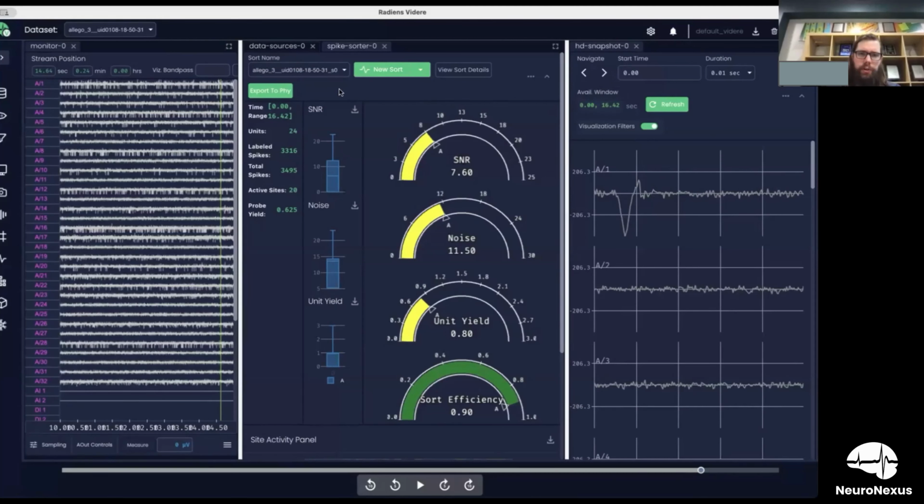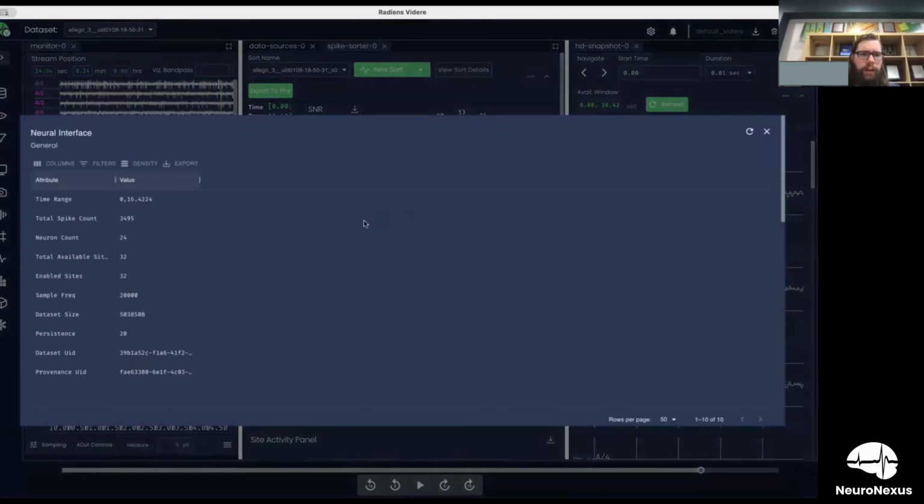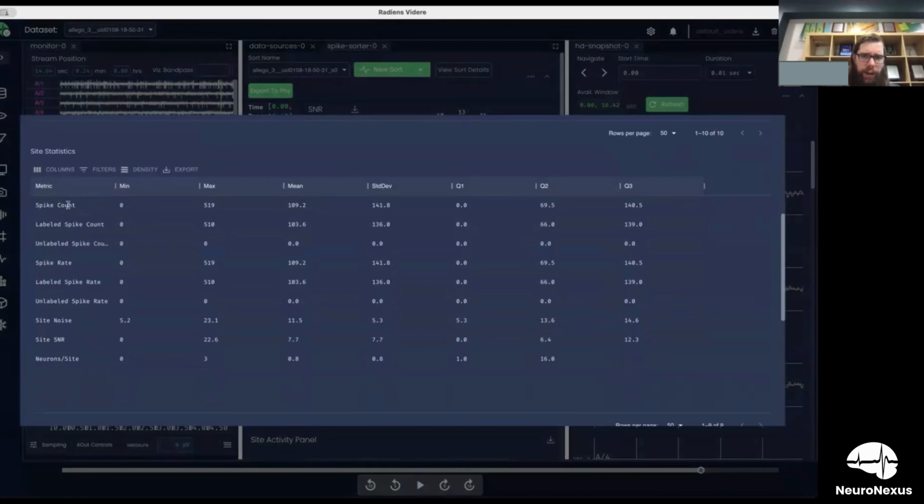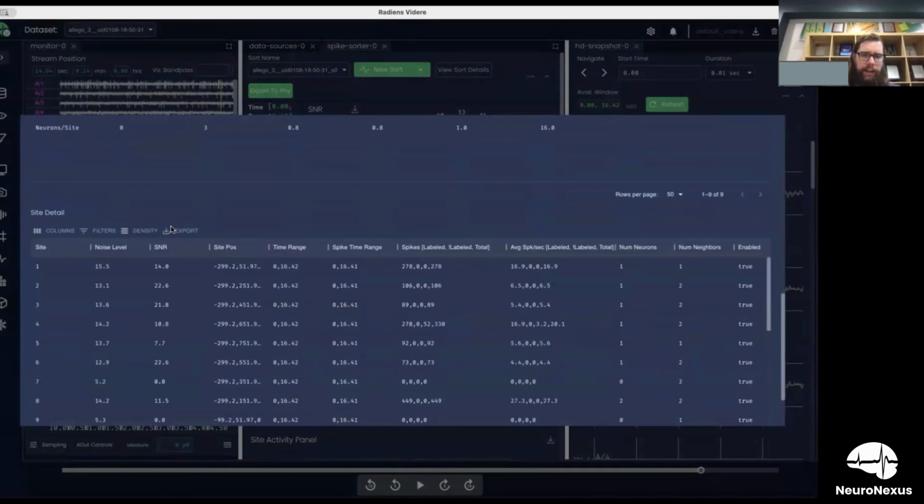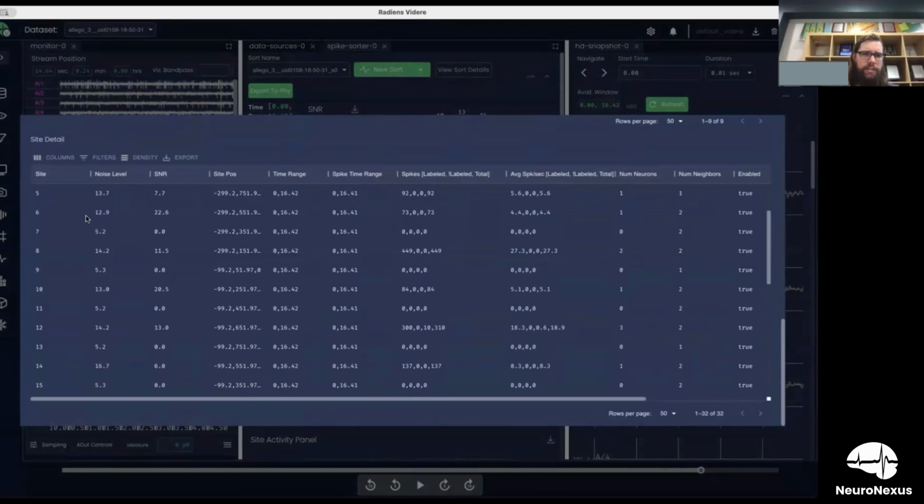This was just a short recording, but when you're doing the offline sorts, you can set some of your sorting parameters, feature dimensions, and the position influence versus the waveform influence. You can view the sort details. It'll give you the high level statistics like the number of spikes labeled versus unlabeled, the spike rate, and then for each site or channel, you can see